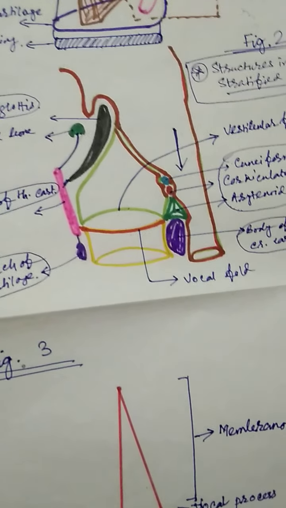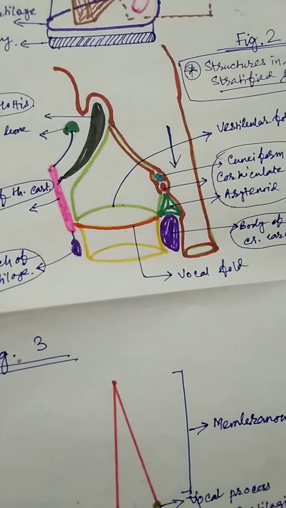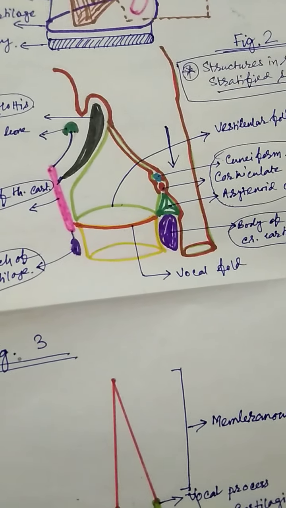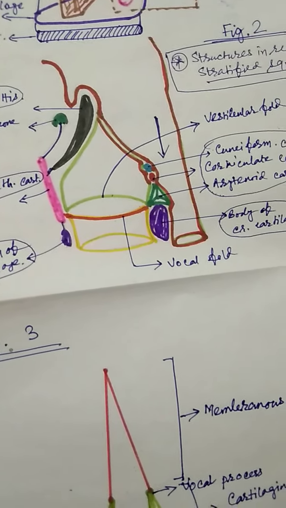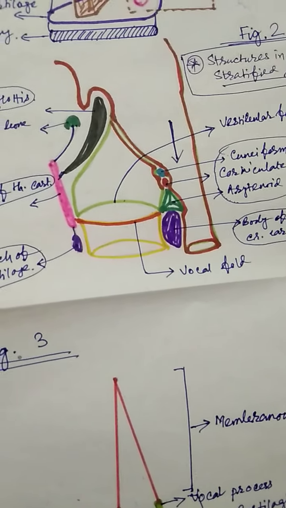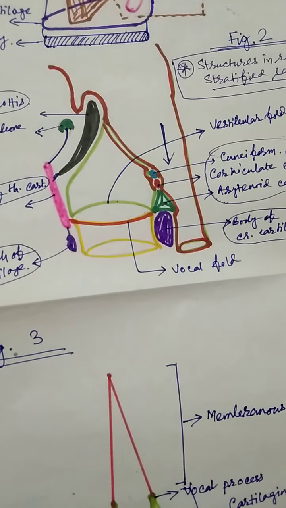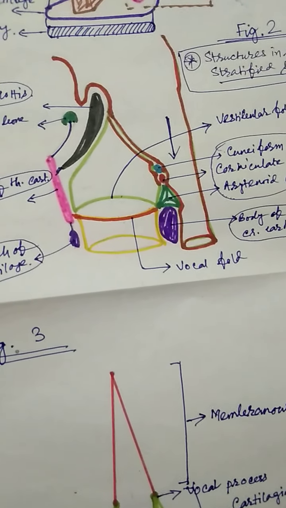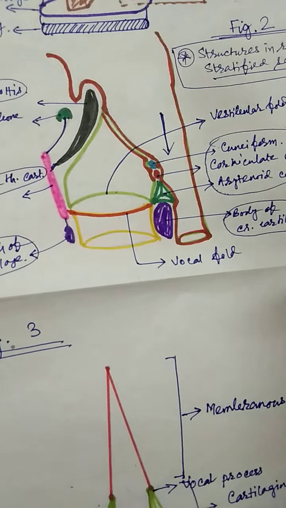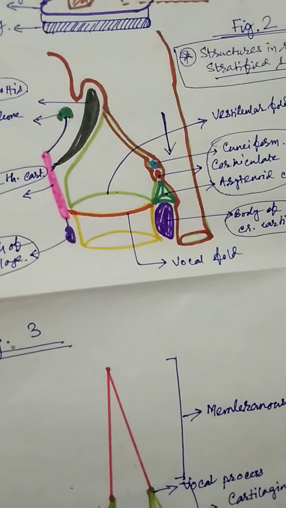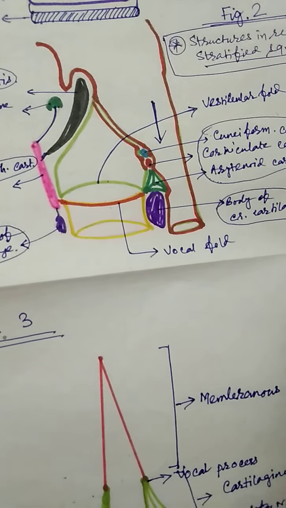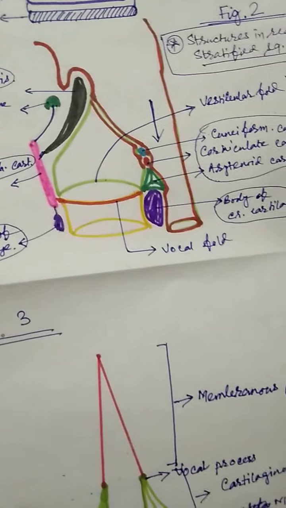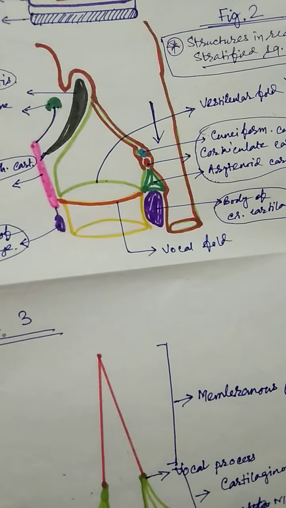So, if it is one-sided paralysis of the recurrent laryngeal nerve, in that case the patient usually does not have difficulty in respiration. But if both-sided recurrent laryngeal nerves are cut, in that case the posterior cricoarytenoid, the safety muscle, is affected, so there is no abduction of the vocal folds, so the patient has difficulty in respiration. So you should remember. Okay.